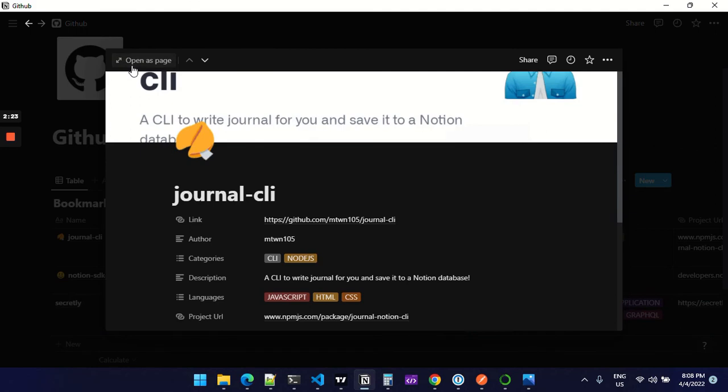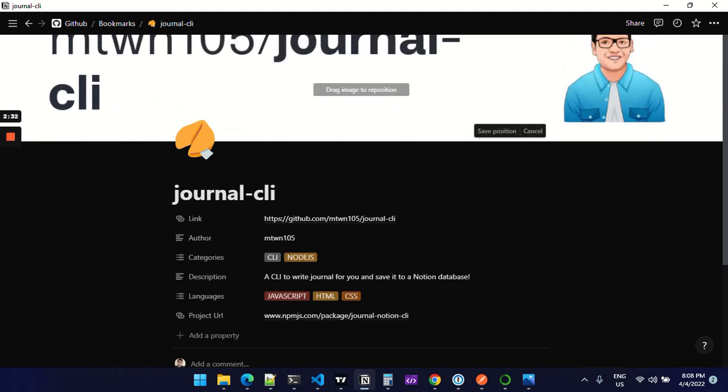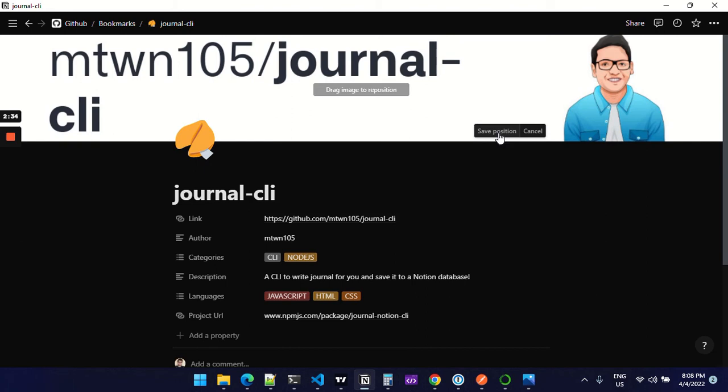If I open it as a page, you can see all those details which we have seen along with some more. Here at the top you can see the social media preview image which GitHub provides, or which the developer has set. You can see it as a cover image in the Notion, along with the link to the actual repository, the author username, and then whatever categories we have specified has also been added as multi-select